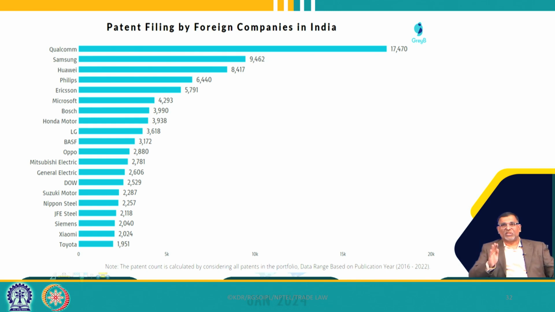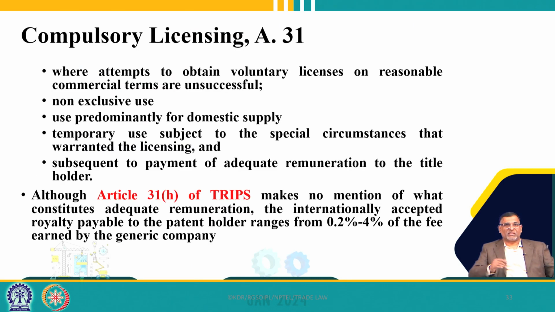So, you can see all these multinational companies are in India, because India is a huge market specifically for telecommunication and other industries, and the ICT sector, I would say. These are the companies which have been filing in India for many years. And then comes the most important provision in the TRIPS agreement, the compulsory licensing provision, but TRIPS has never used the terminology compulsory licensing. TRIPS has used "without consent".